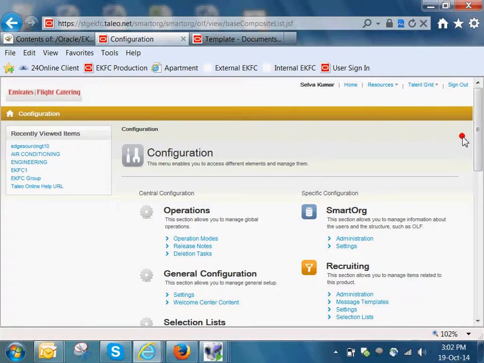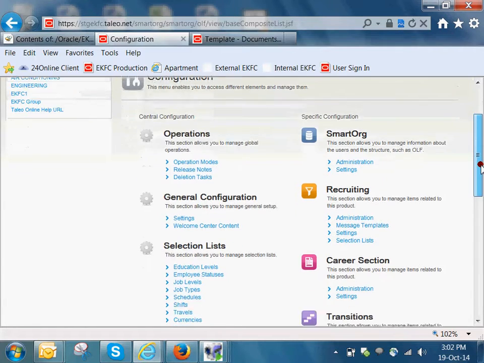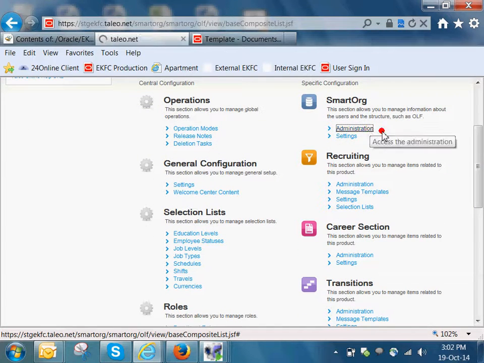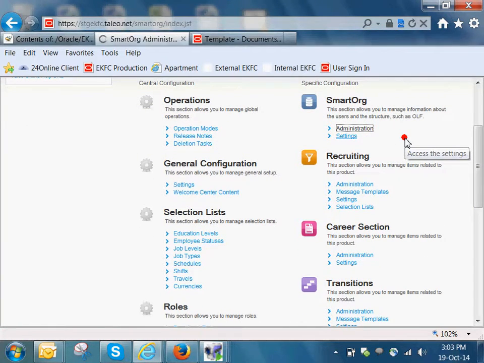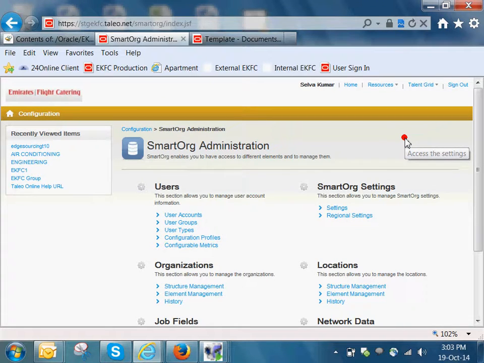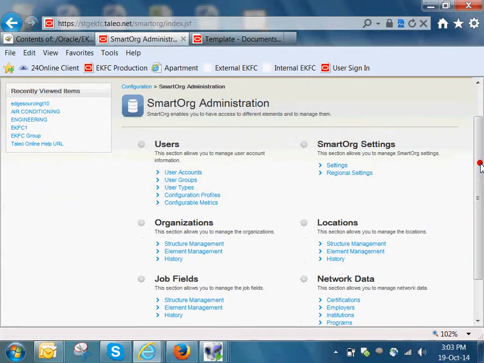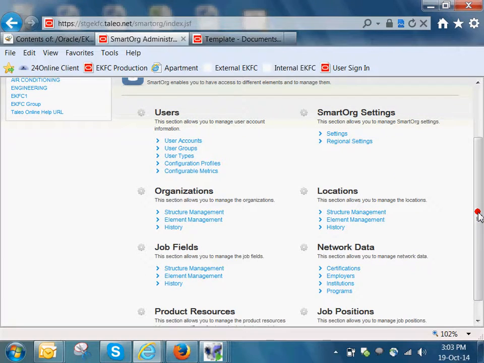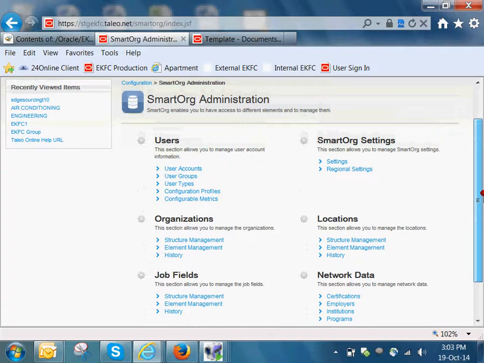Okay, now as part of admin activities, we are going to perform creating a location. While creating locations, we need to specify which location it is, or while creating a requisition, we specify which location it is. So from where does the value pick? We need to specify that value, or we need to create that location value somewhere. So here is the place to create a location.